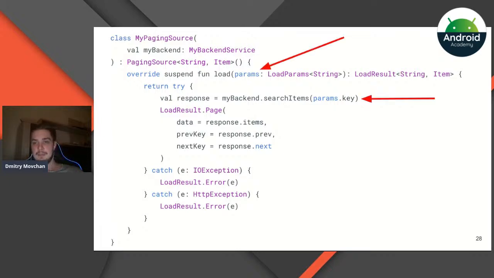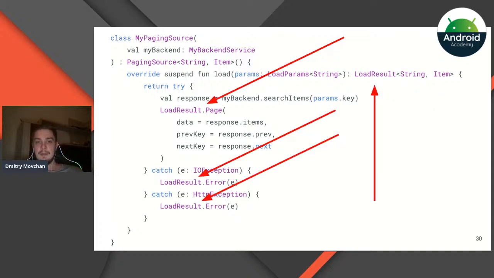Yeah, this is how it works. After that, we should return new keys for the next page of your paging on the backend, and previous keys. For example, if we scrolled our list too far and want to go back, and the previous item was removed or something like that, we just pass the previous key, which will allow us to show the previous batch of data. So we should return the load result.